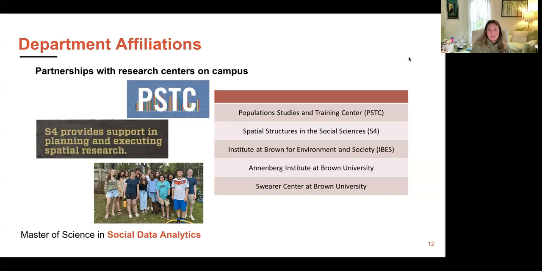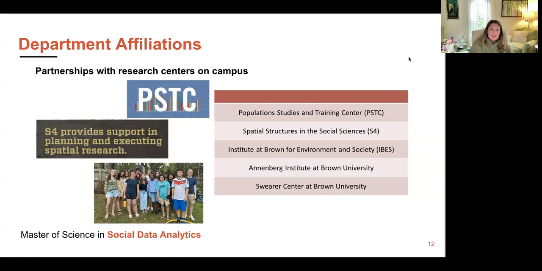We also have the Institute at Brown for Environment and Society, which, if you are interested in anything to do with climate studies or the environment, there are methodology courses, and many of our faculty teach those courses in that department. So that's another place in which you can find connection if that is an interest of yours, as well as numerous talks and other visiting faculty that come in, and you can engage with them as well.